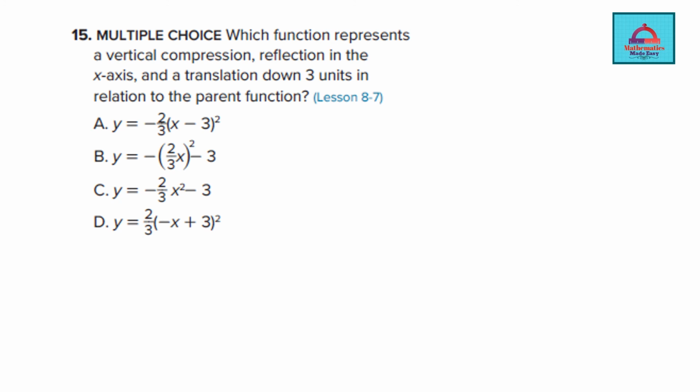So which function here represents a vertical compression, a reflection in the x-axis, a translation 3 units down? So down is important here. If it is down, it is going to be negative. And we are talking about the translation. Down means vertically, so we are talking about the value of k. So if the translation has a down sign, it will have a negative value, so we are going to have